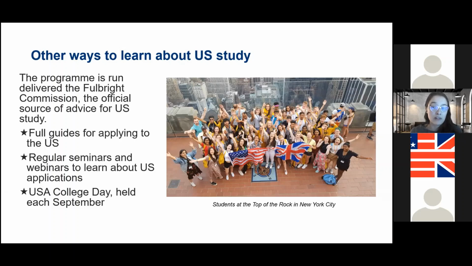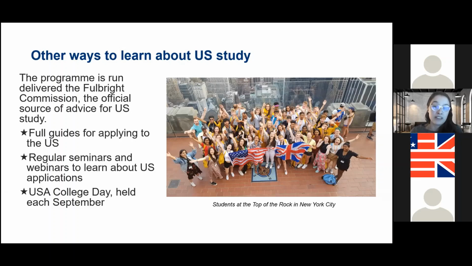Alongside the Sutton Trust US Programme, staff at Fulbright help thousands of students and teachers each year with applications to the US. So if you're not eligible for the programme or not able to get a place on the programme, there are still more ways you can find out about studying in the US. On our website, fulbright.org.uk, and somebody will pop a link in the chat for you, there are extensive guides about choosing US universities to apply to, how to apply, and how to fund US education. I saw earlier a few questions in the chat about financial aid, and I'm sure that'll come up in the Q&A as well, but